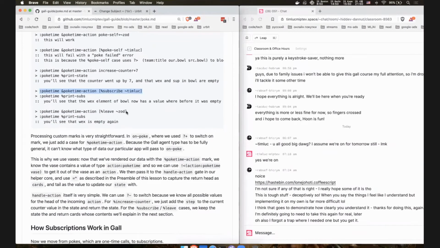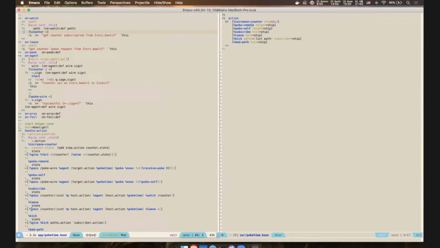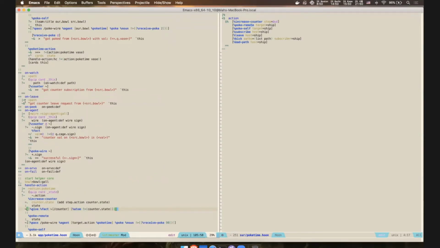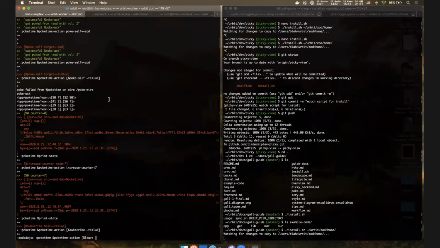Then here we're going to do this one, this action leave, which passes a card to on-agent to the host that we want. In this case, it'll be timluc, to the agent poke time and saying leave. And again, we don't even have our on-leave handler. All it does is say "got a leave request". It doesn't do anything else. But our leaves